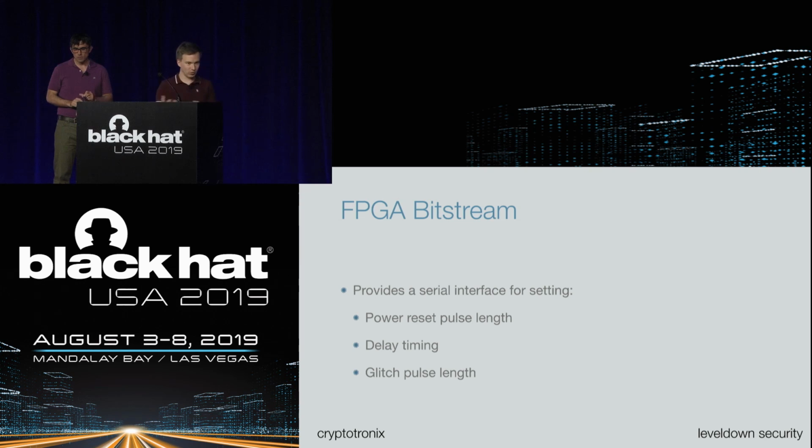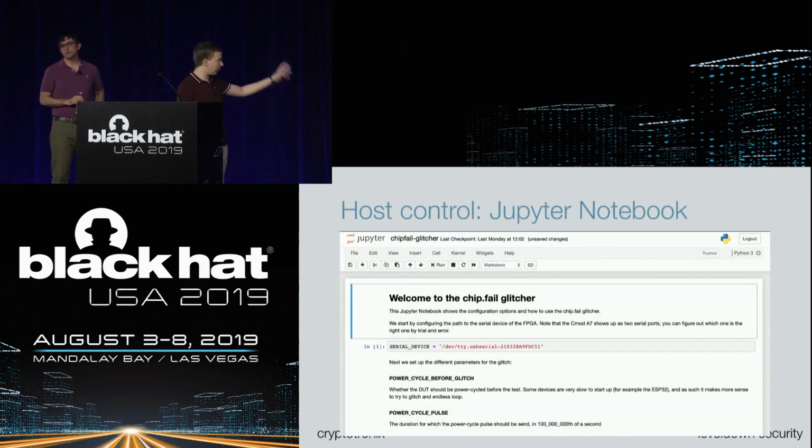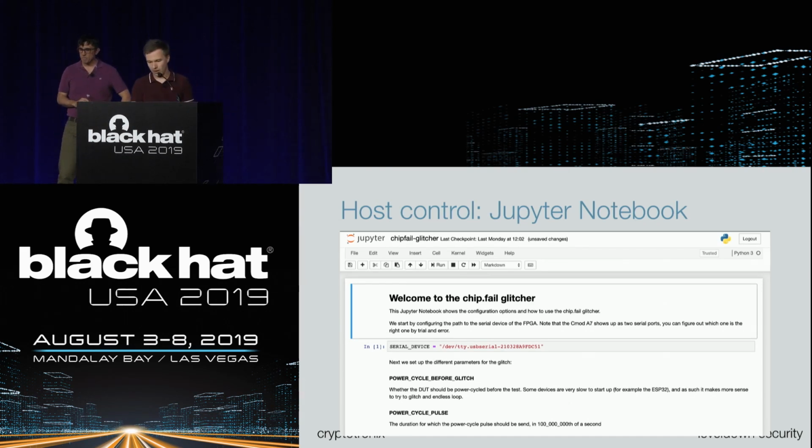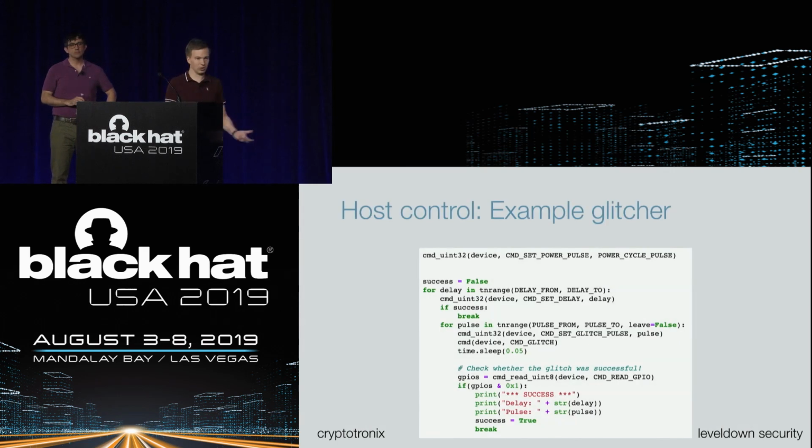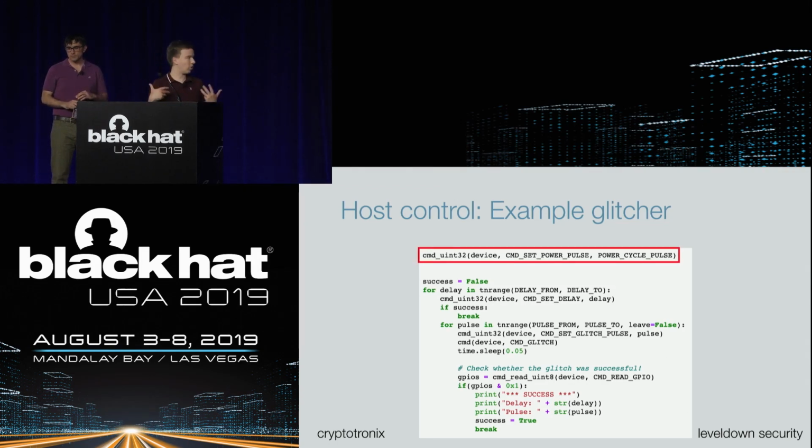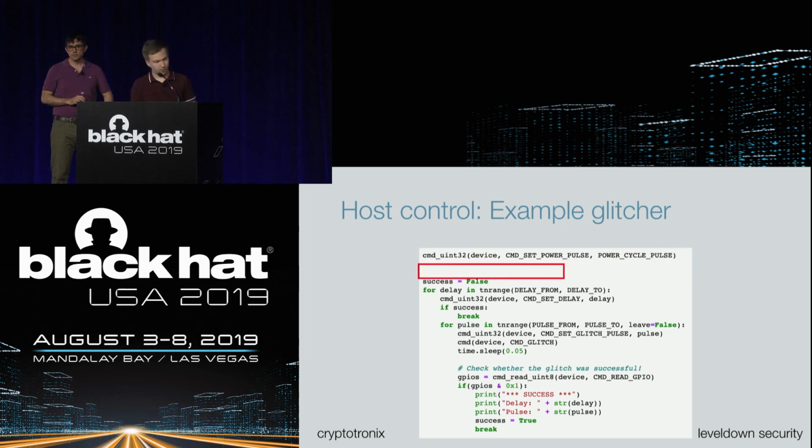Inspired by the new ChipWhisperer, we built a full control library in Jupyter Notebook. This is super easy to use, and it's basically self-documenting. You just open the Jupyter Notebook, configure the serial port, and then you can write really simple glitching software in like 20 lines of code. All you have to do to configure the glitcher is set a power pulse, which is how long you need to cut the power to fully power off the device, because sometimes you will get stuck and you need to reboot it. Then we just have a success indicator. We iterate over a delay range.